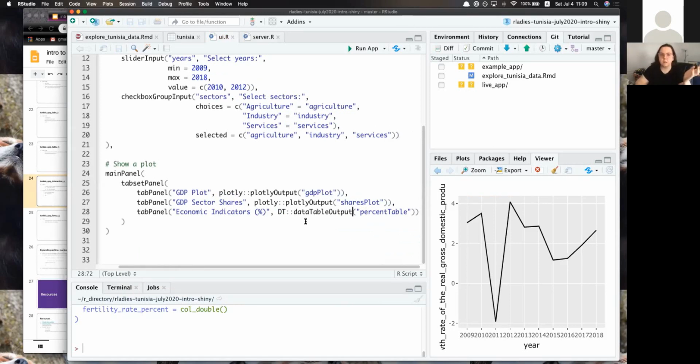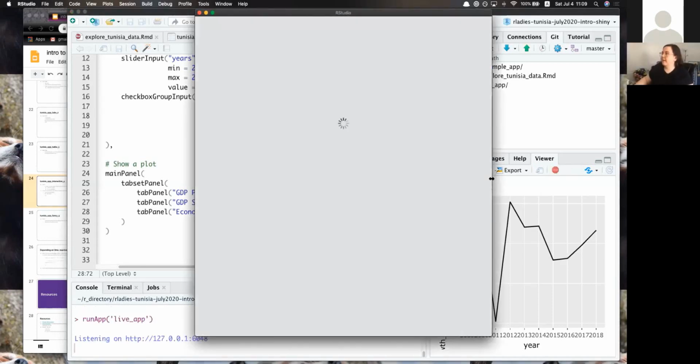This is one thing Joe Cheng, the CTO of RStudio who wrote Shiny, has said a bunch of times. If he could go back in time, he wouldn't make everything in Shiny camel case, but he did. And so you can see everything kind of follows that, even though the tidy way is to use snake case. So now if I run the app again,